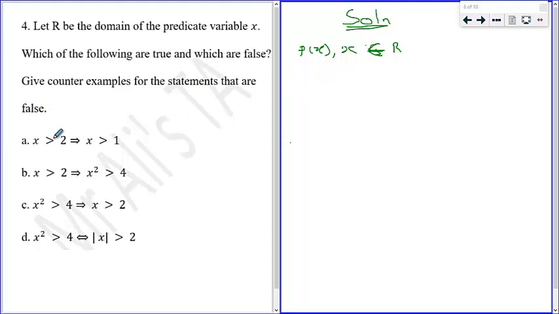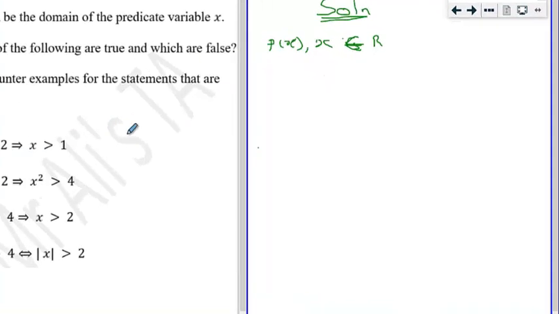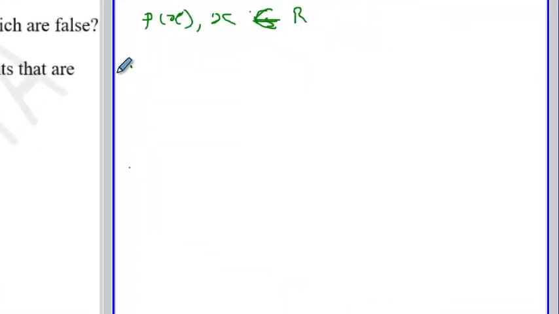So for the first statement, we have x greater than 2 implies x greater than 1. Now, if a statement is always true, that means we cannot find a counterexample for that statement. So if you want to quantify this, we can write the A as for all x,